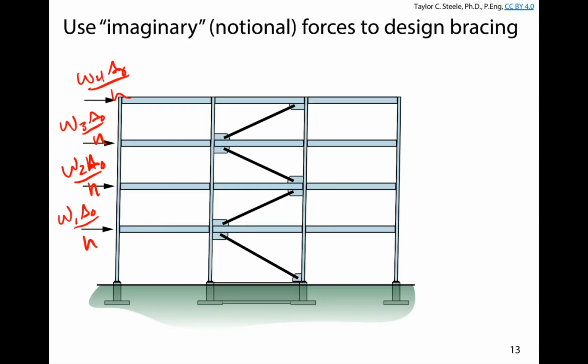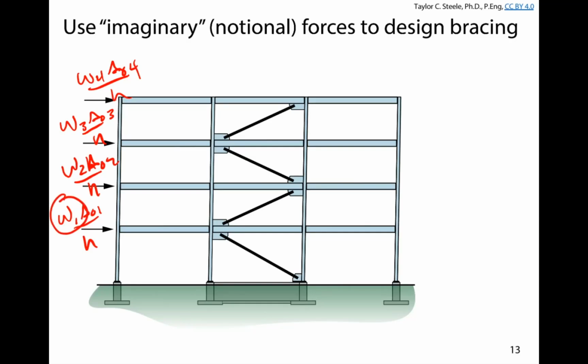And what I should clarify here is that their displacements are different potentially at each level. This is not the delta naught at the height of the structure, but it's the initial lean of each story relative to one another. Okay, so all of a sudden, we had these gravity loads that we were maybe getting a little bit comfortable with in terms of joist, girder, column forces. Now all of a sudden, we see those gravity loads popping up as lateral loads, and that might be a little bit weird, but the calculation of these loads at least is relatively straightforward because all you need is the weight at each level,